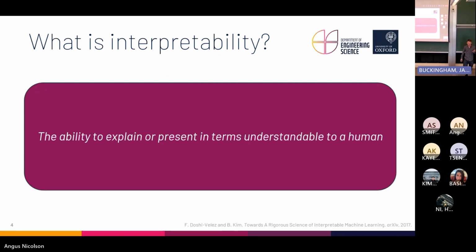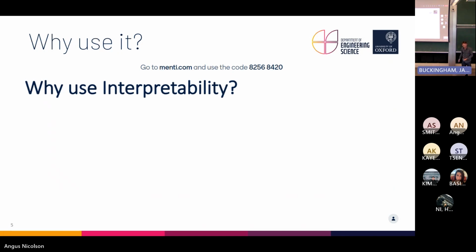Parts of this presentation are interactive. So if you could get your phones out, or a laptop, and go to menti.com and enter the code at the top. I'm curious to know what you think is a use of interpretability. Why would you want to be able to explain how these machine learning models do what they do? You can put in a few guesses or just one, up to you.